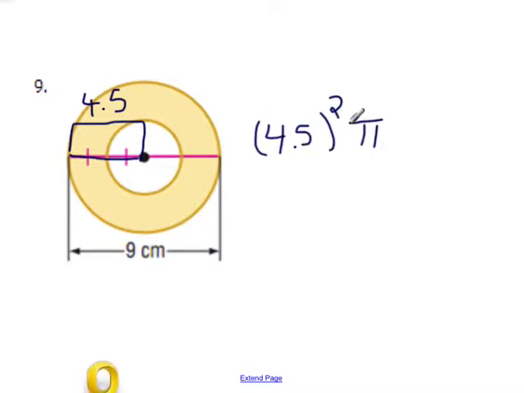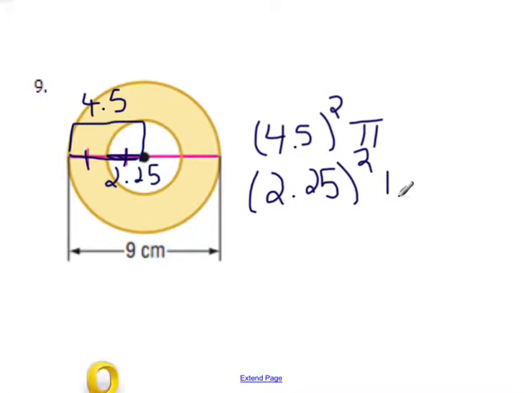Now let's figure out the area of the little circle. I want to figure out this radius. What I notice is these 2 little dashes mean those 2 are the same length. So each of those lengths is 1/2 of 4.5. So this guy right here is 2.25. That length right there is 2.25. So the area of the small circle is 2.25 squared times pi, because that's the radius of the smaller